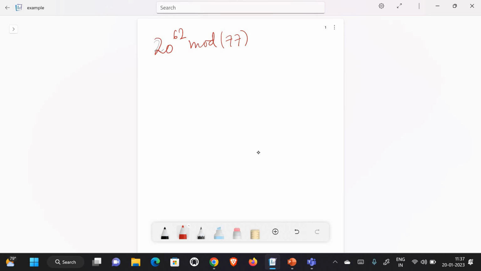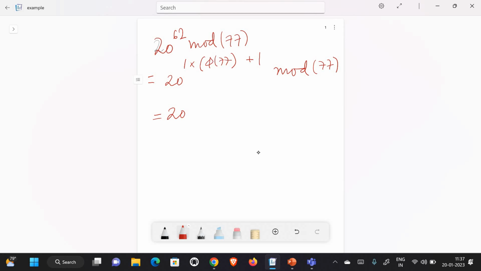Is it visible? Yeah. So the point is, first we should write it as 1 into phi of 77 plus 1, as per the second rule, mod 77. Now this can be written as 20